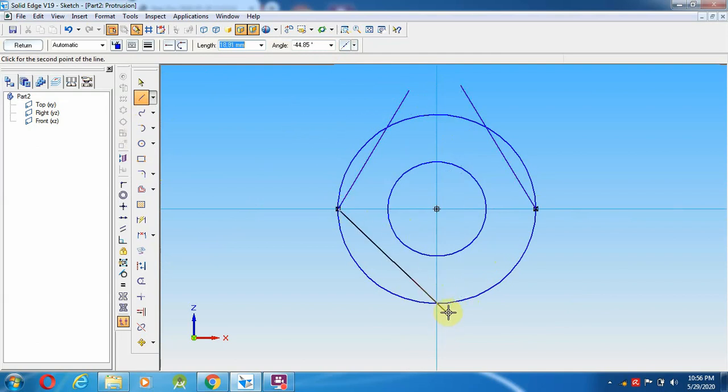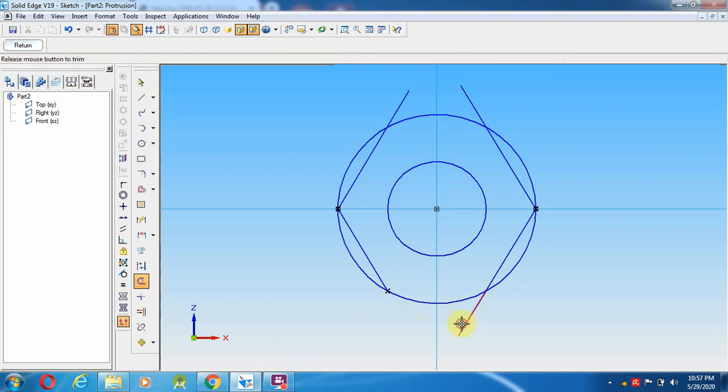The same thing you have to do over here. So towards down, tab, minus 60, enter, and from here tab, minus 120, enter. Now select trim. Whichever line is crossing the outside circle, I am going to trim.